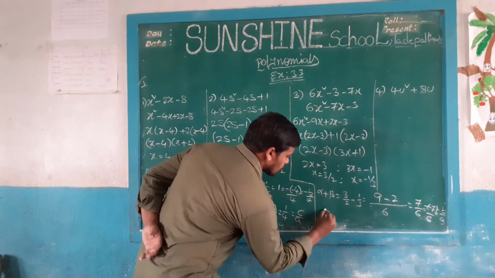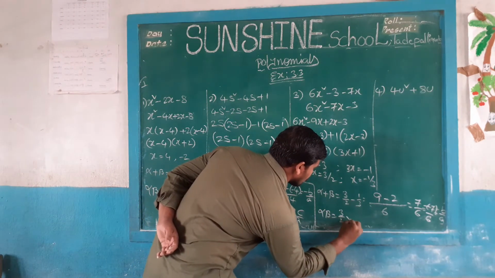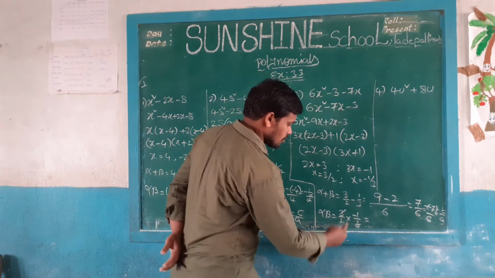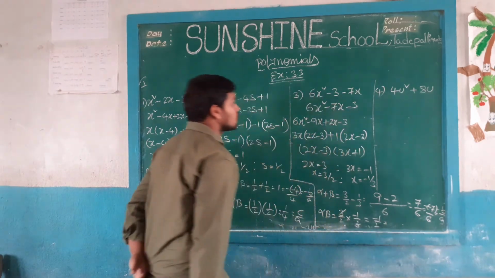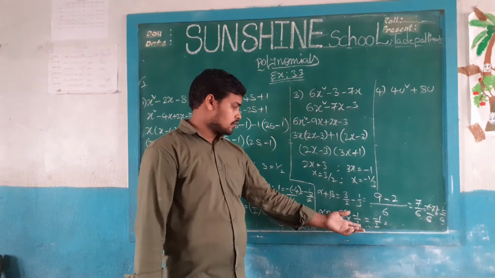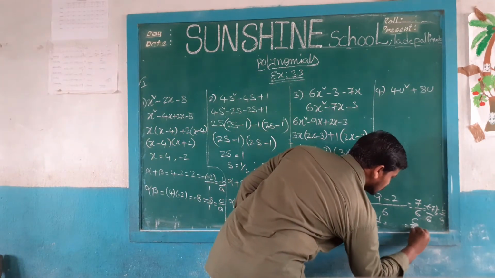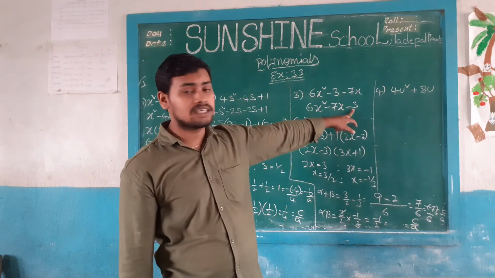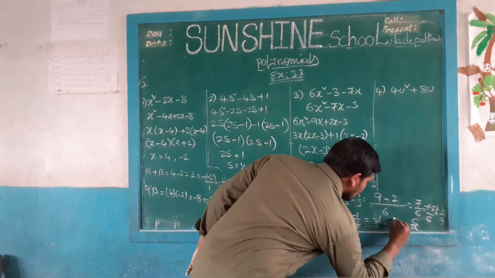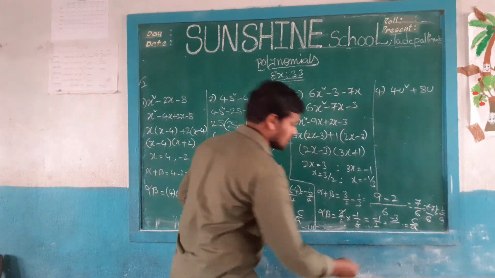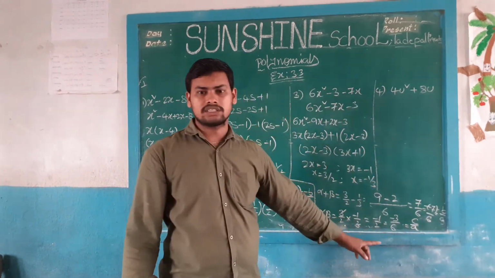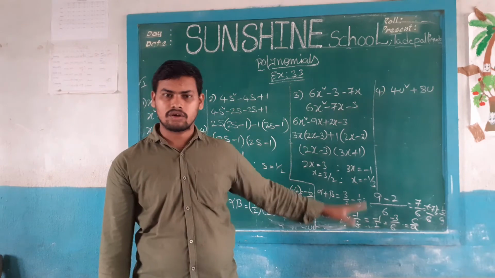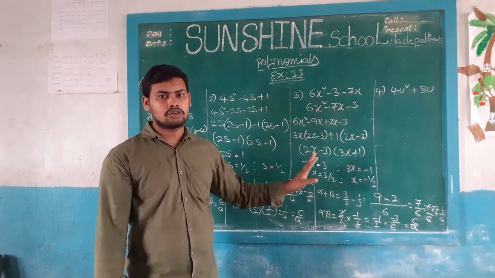Similarly, alpha beta, 3 by 2 into minus 1 by 3. 3 3 cancel. Okay. Minus 1 by 2. So what is the c value here? Generally it is c by a. What is the c value? It is again minus 3. C value is minus 3 and a value is 6. So 3 in 6 2 times, 3 in 3 1. So minus 1 by 2 is verified here. Okay. This is the relationship between zeros and coefficients.